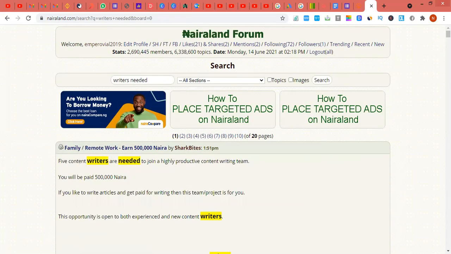So how do we look for other gigs? Let's say you have a truck contract, and you're looking for who can sell. You can just type the 30 tons trucks, or you're looking for where to buy 70, type it and put it there and search here. Click the search bar, then you see a lot of people and their contacts for that. So that's how you can find gigs on Nairaland.